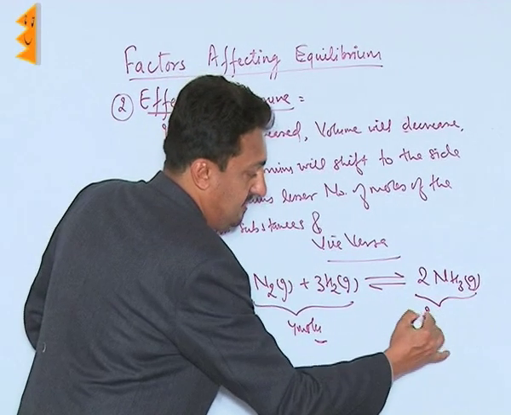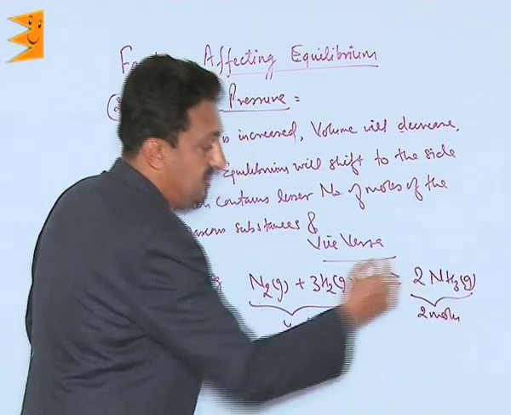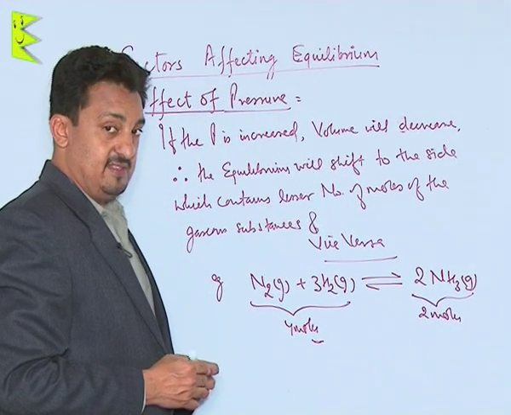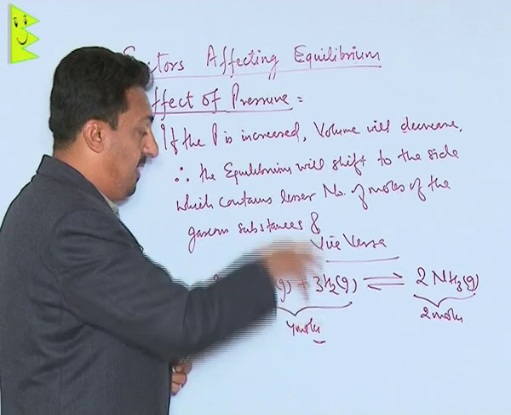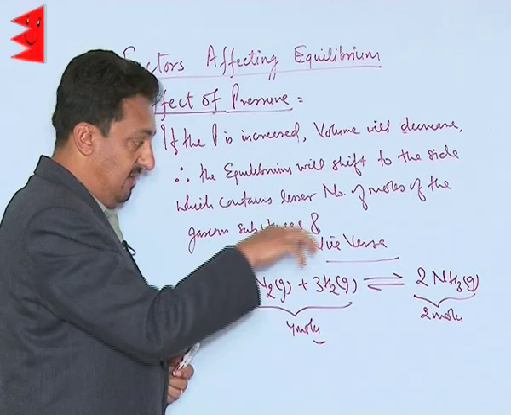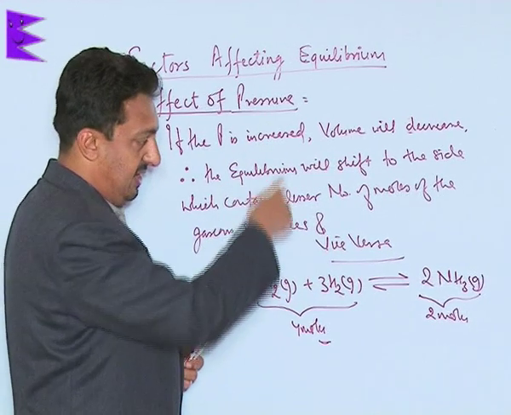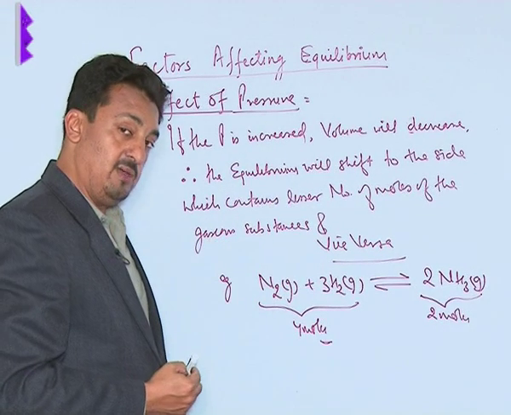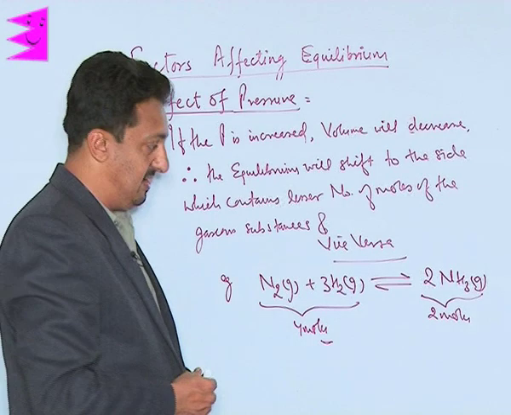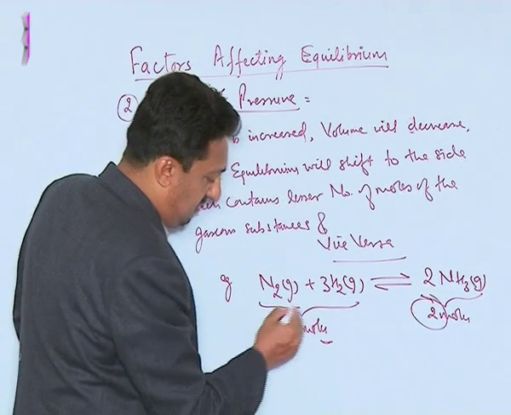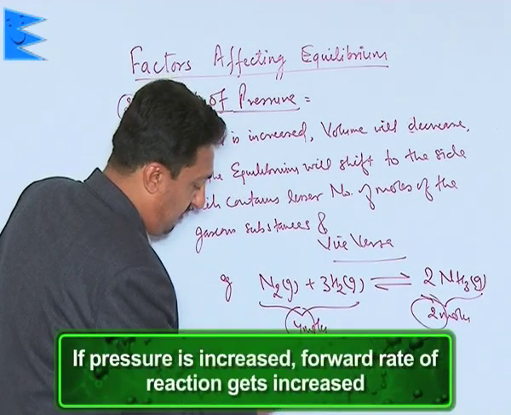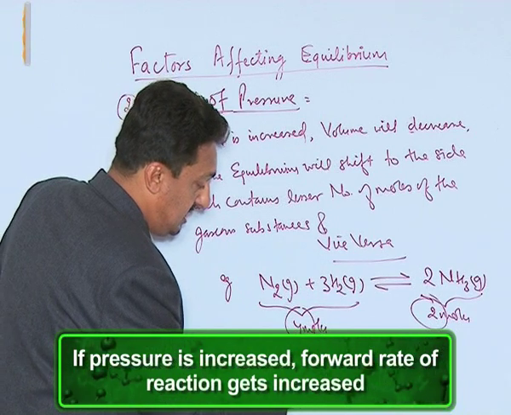Product side contains 2 moles of the ammonia. Now what happens in this case? As the pressure is increased, the system will move as defined to the side which contains lesser number of moles of the gaseous substances. So since there are 2 moles here, 4 moles here, if pressure is increased,